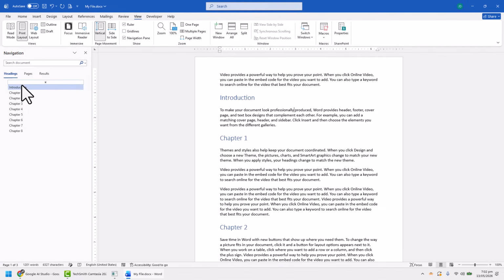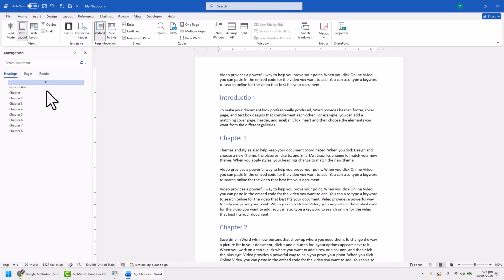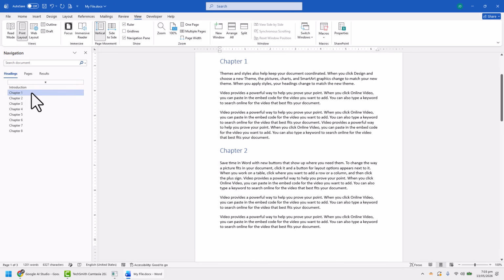Here, Word shows you all the headings used in your document in a list form. Now comes the powerful part. You don't have to scroll through pages anymore. You don't have to select text. You don't have to cut and paste. Simply click on any heading in this list, hold your mouse button, drag it up or down, and drop it